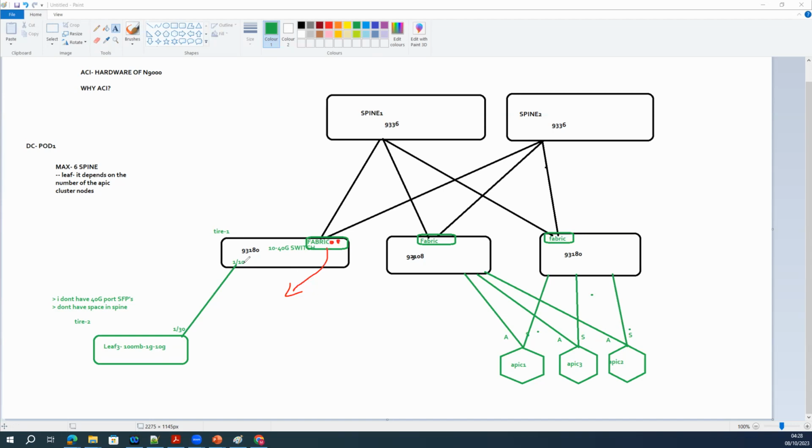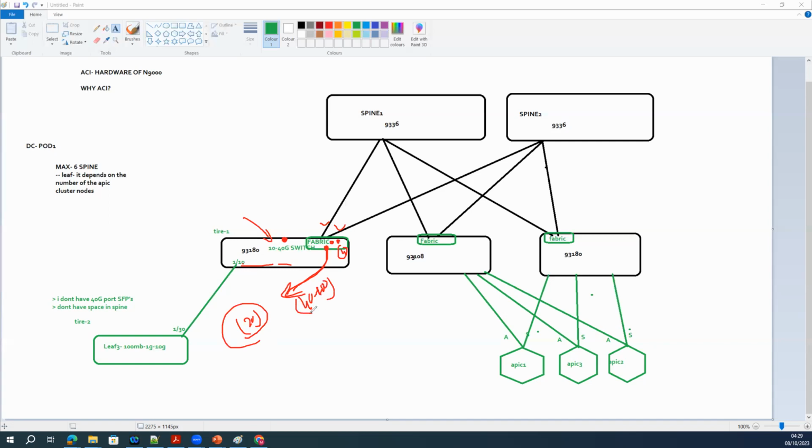You cannot use 1/10 as a spine, but suppose all the ports are 10 gig ports, you need 2 40 gig ports, and you have just 2 ports utilized and 4 ports are left. You can convert those ports into the EPG ports, and you have to reload that device in order to reflect that change. Then after, you can use them as 40 gig or 100 gig ports if you have the requirement.